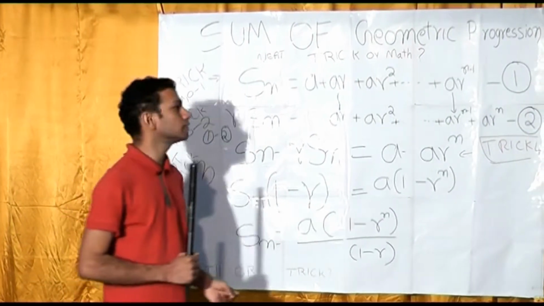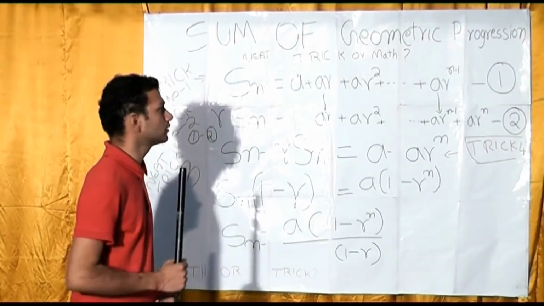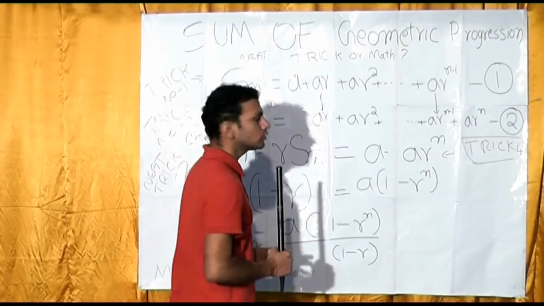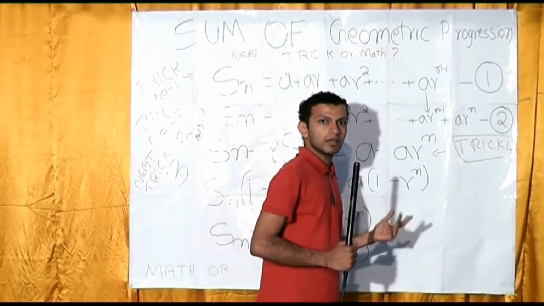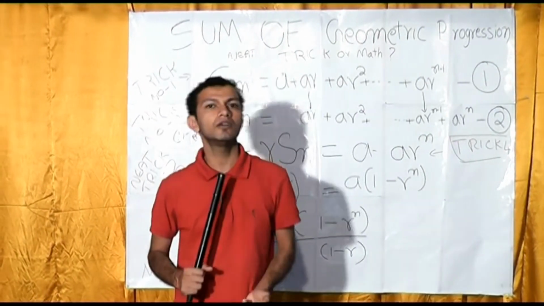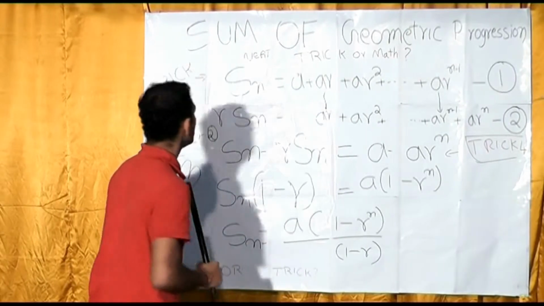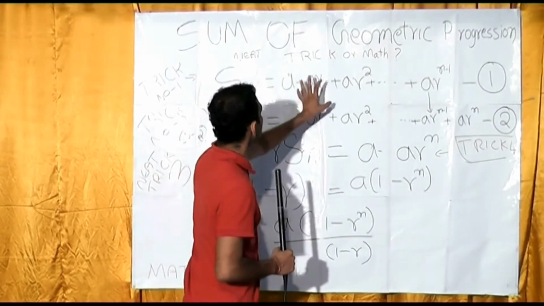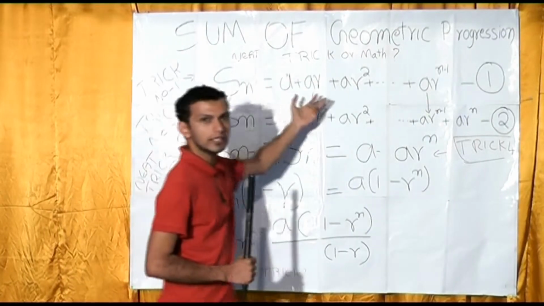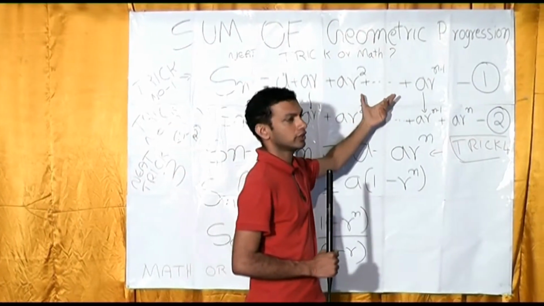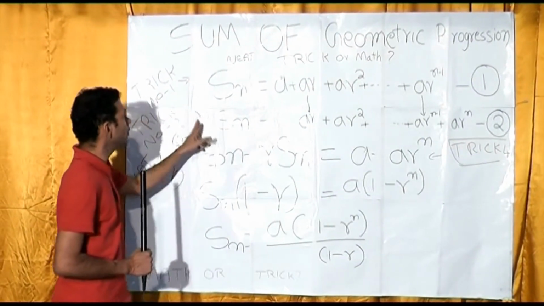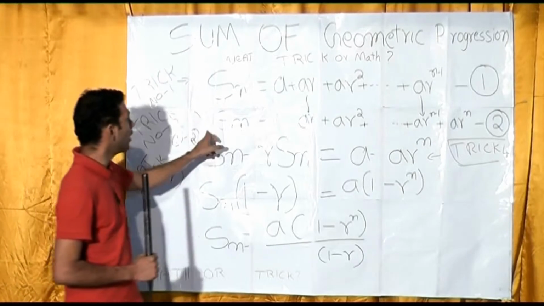Is this math or tricks, a bundle of tricks, learned by heart? It is a pure by-hearting method and requires you to memorize several tricks, otherwise you won't get the formula. The first trick is that you need to assume the sum as Sn. Next, you don't simplify these calculations. Again, you need to memorize that you have to multiply r to Sn.